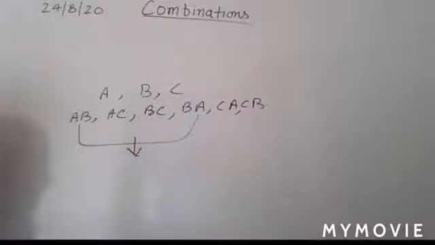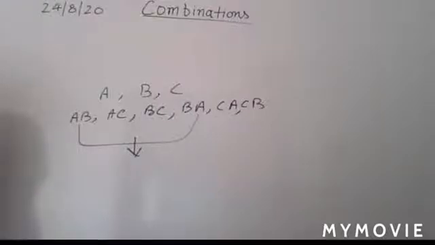In this way, you can easily say that the number of permutations of objects, taking some or all out of the given distinct objects, is more than the number of combinations. In case of permutation, you select the objects and then take the arrangements, so the formula is factorial n upon factorial n minus r.